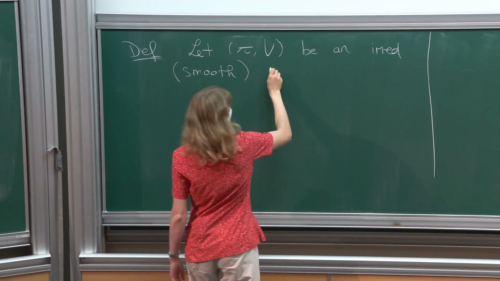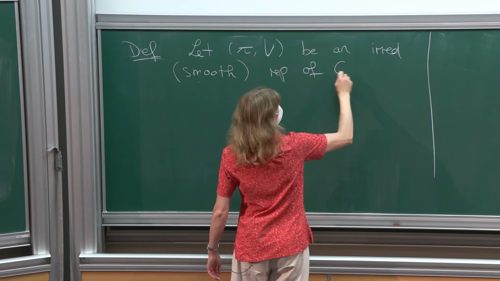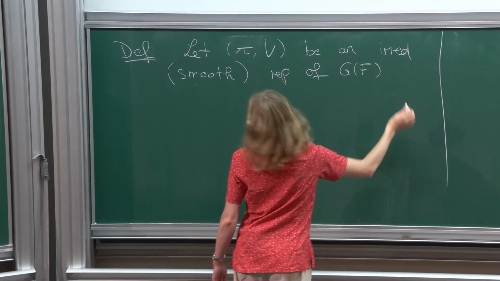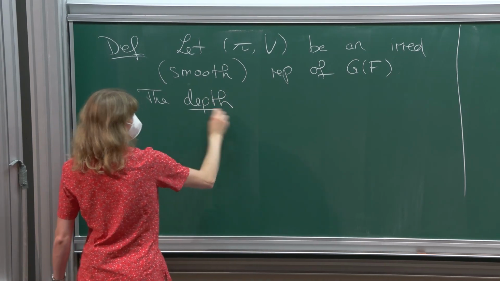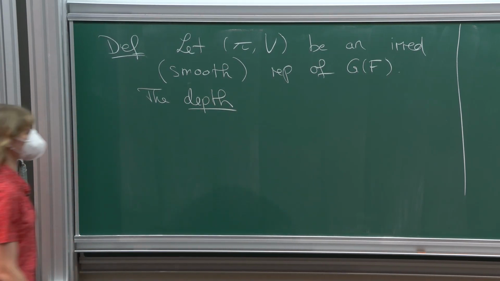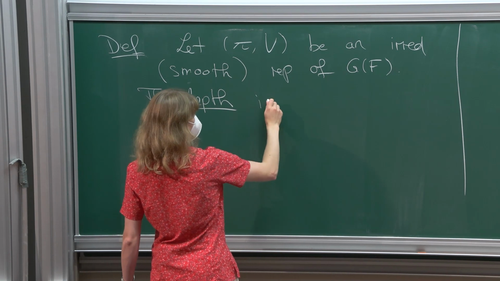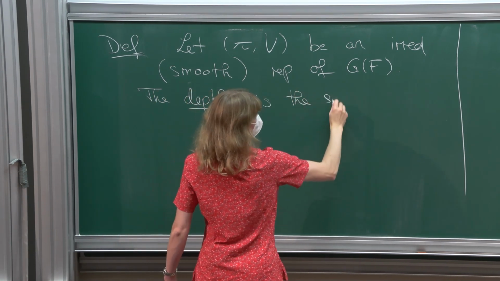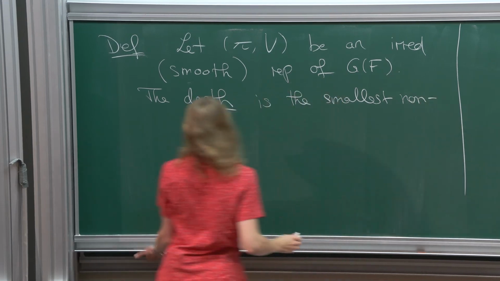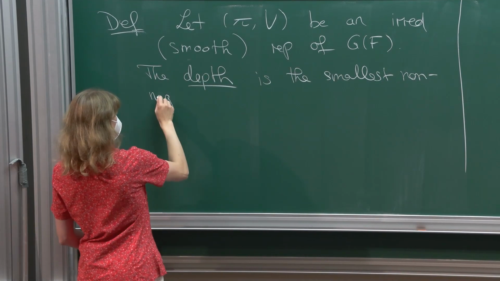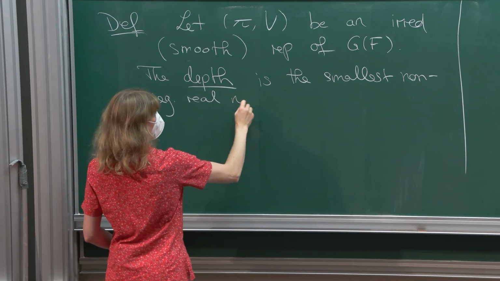An irreducible smooth representation of our p-adic group G(F). Then the depth is an invariant that we can attach to this representation. And the depth is defined as follows. The depth is the smallest non-negative real number